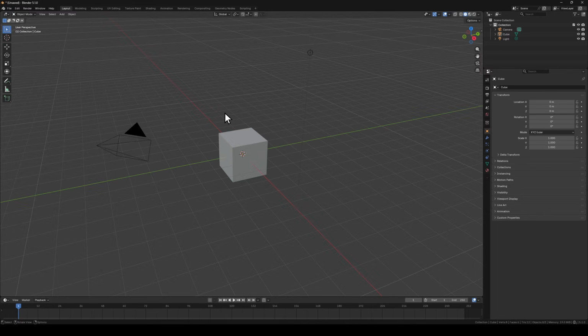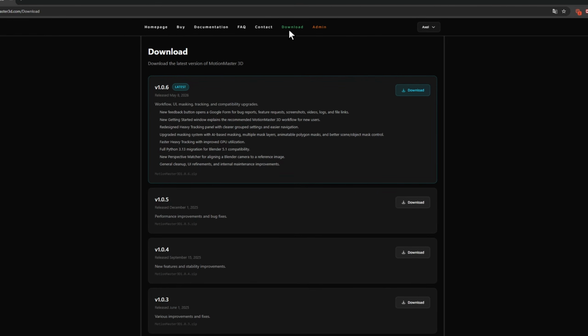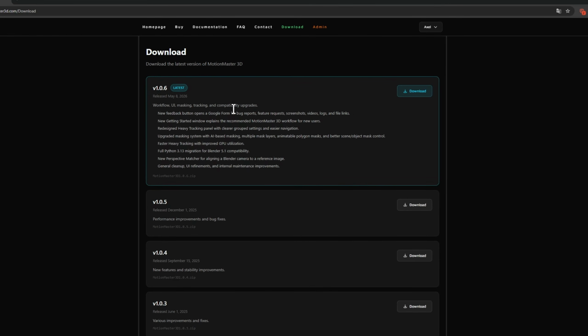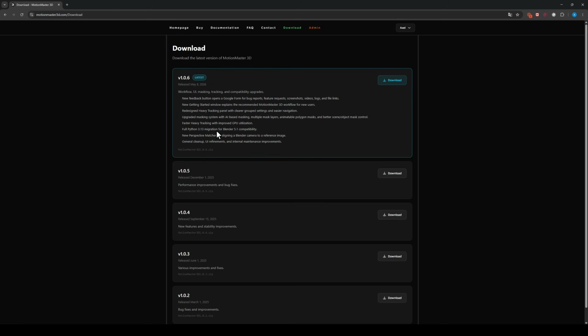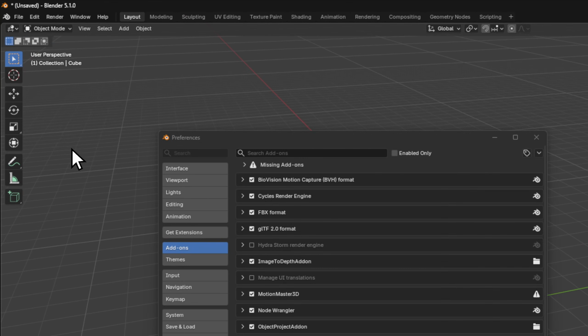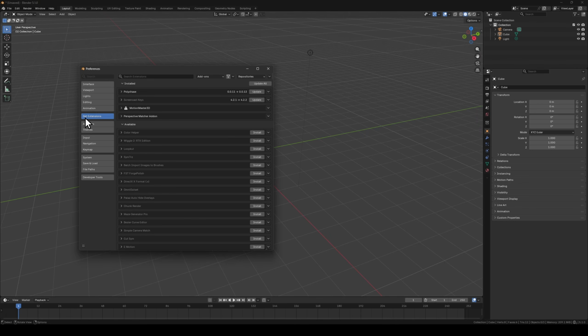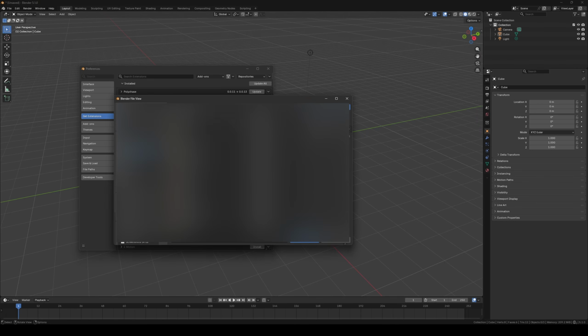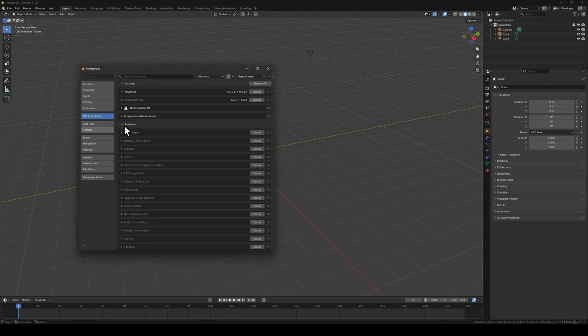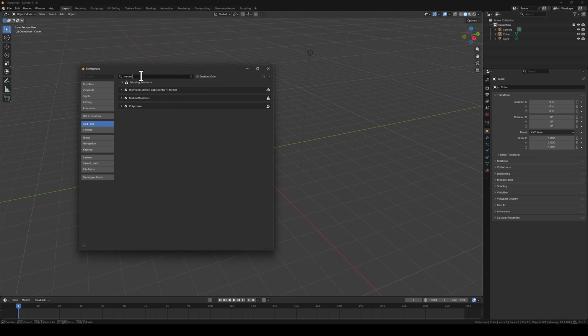So let's start. The first thing you've got to do is go into the MotionMaster 3D site, and then just go into the download page and download the latest update. You can also read a little bit about the newest updates. But after that is done, you can go into the Edit menu and then into Preferences. And here in the preferences, you can just go into Get Extensions and install it from disk as you normally would. And then once that is done, you can go into the add-on section and search for MotionMaster and